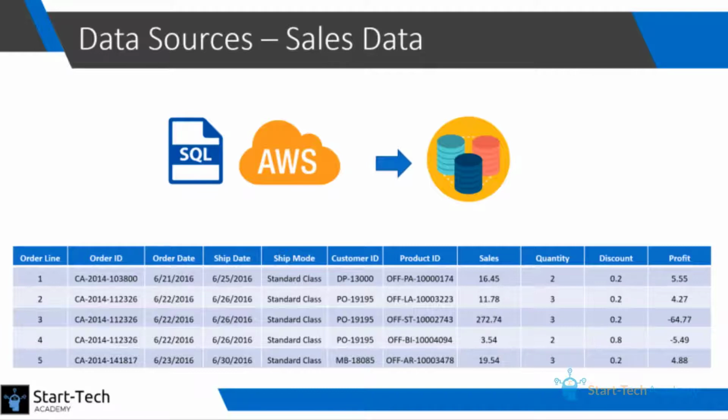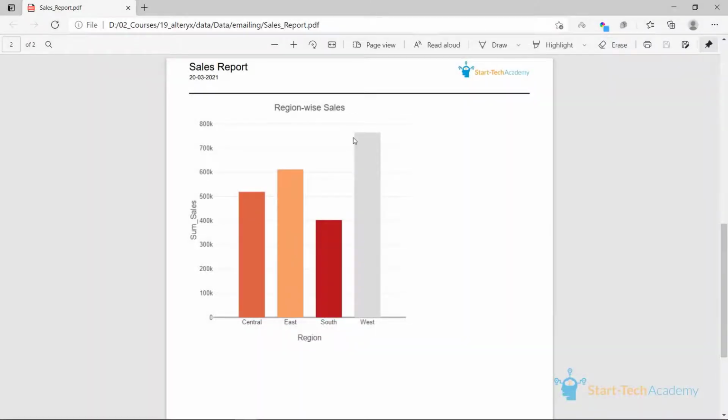Now, can you see the challenge in the job of John? Suppose he wants to find out the region-wise sales for last 5 years. He needs to collate the sales data. Then from the customer master data, he has to put regions against each sale transaction. Then he has to find region-wise sum of sales for the last 5 years. And once he has these numbers, he has to create a chart representing this data. All of this effort for just creating this single chart.